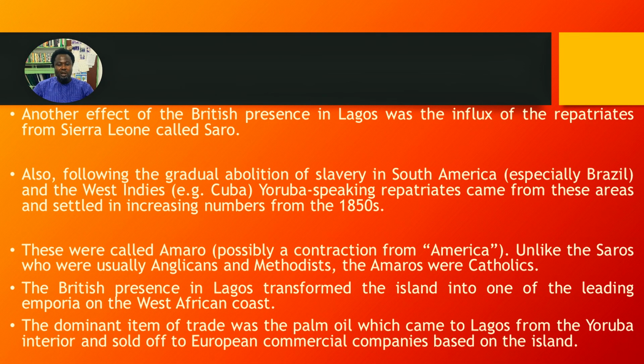West African coasts. The dominant item of trade instituted by the British after the annexation was palm oil, which came to Lagos from the Yoruba interior and was sold to the European commercial companies based on the island. So what we have seen so far in this section is that it was through a kaleidoscopic process of politics that the British were able to intervene and